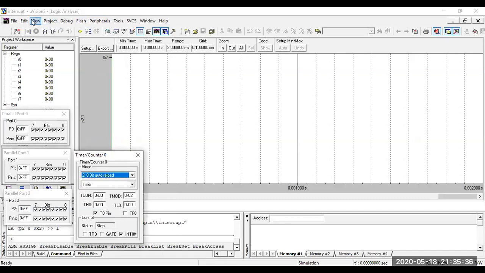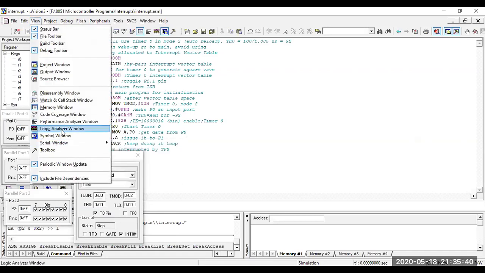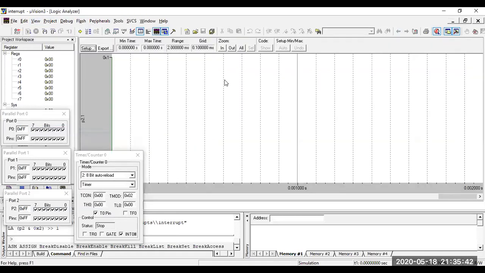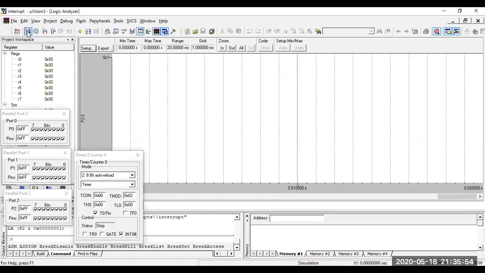Next, go to view, logic analyzer. Setup. So port 2.0. Port 2.0. Enter. Close. So run the program.